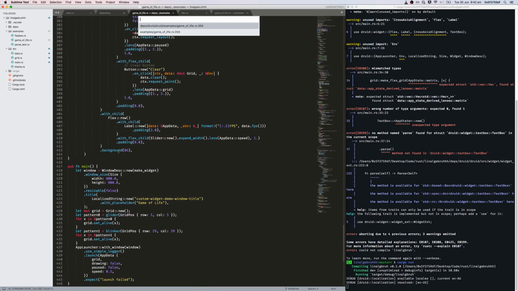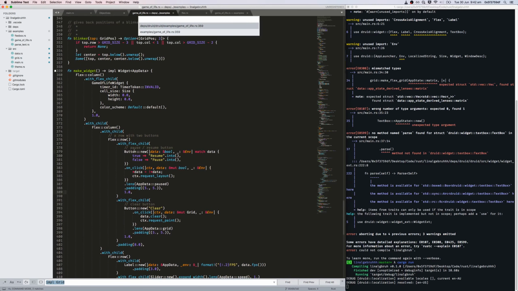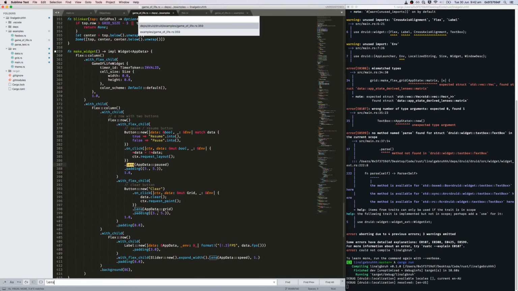So we want to see something that references appdata.grid. Like, is there a lens for that? In the make widget? Yeah. Is grid even mentioned? So we see app data there, app data.grid. Yeah. So this button,